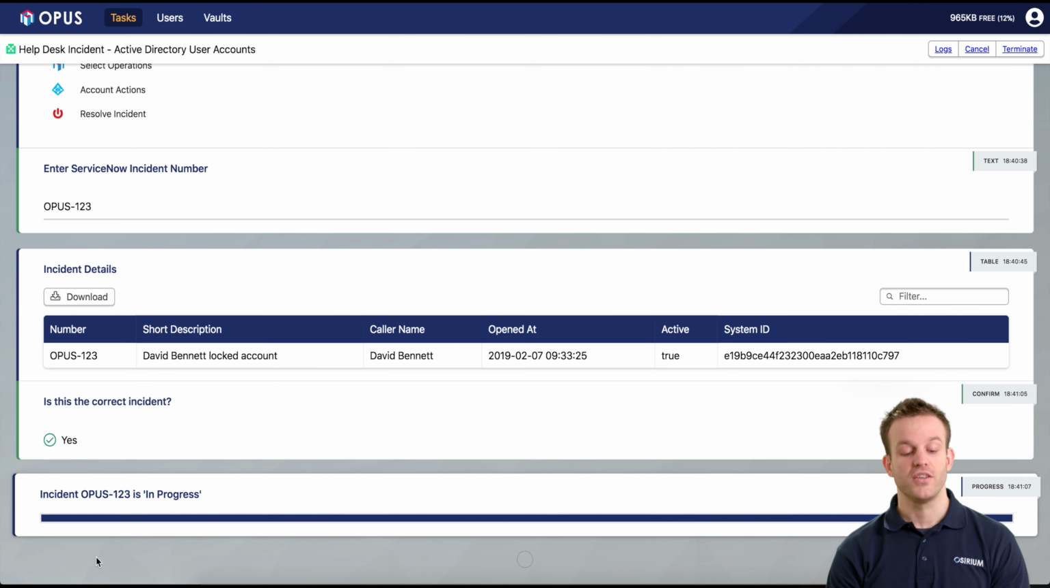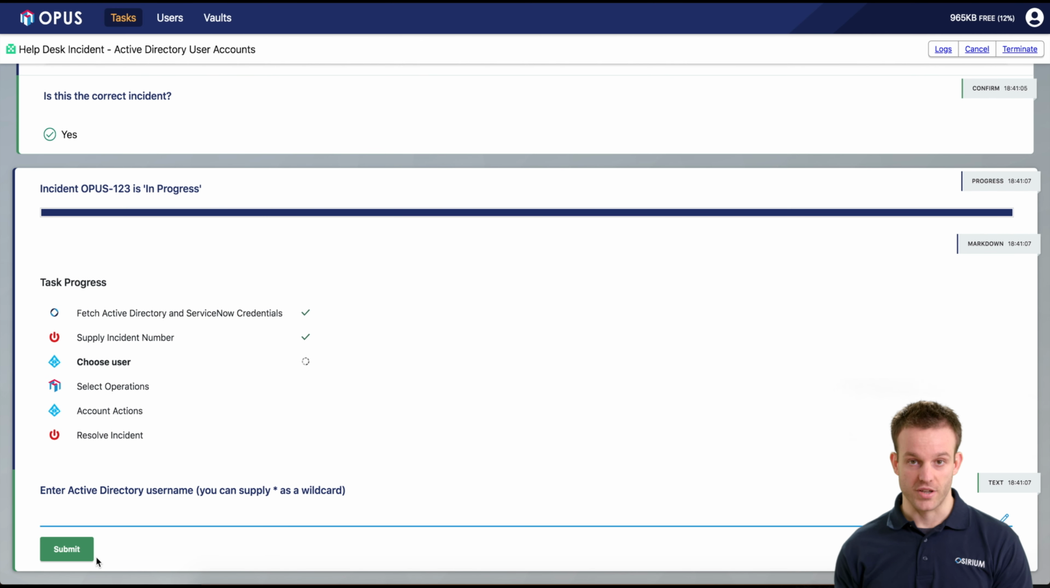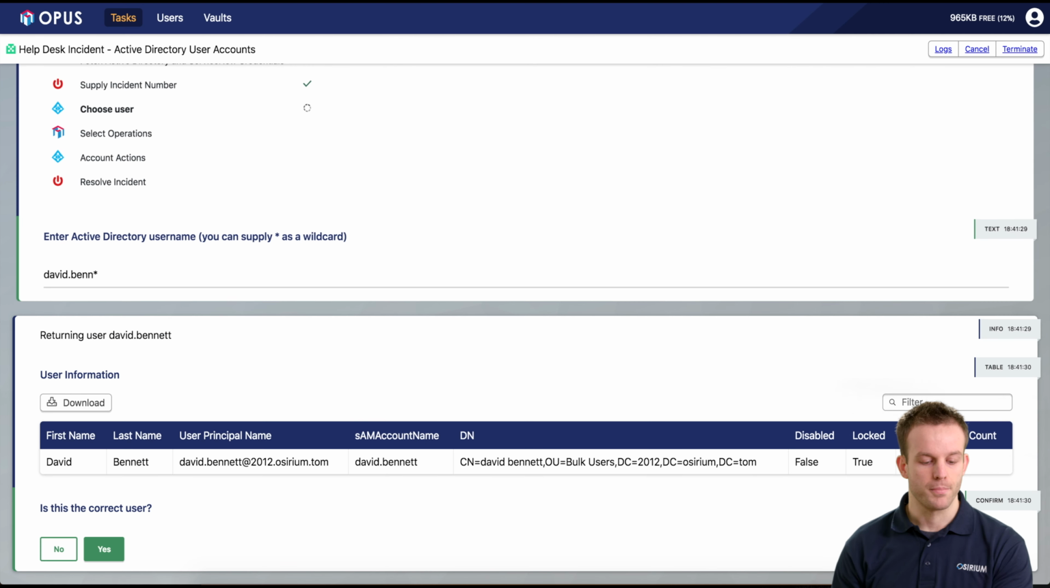So I'm going to say yes, that is the correct incident, and Opus is now setting it in progress on ServiceNow. Now I need to choose the user. You can see this progress table shows me the steps that are going to happen in this task and which systems they involve. If I didn't know exactly how to spell the name, I would want to use star as a wildcard, which is fully supported. When I submit that, Opus is talking to Active Directory now over LDAPs,